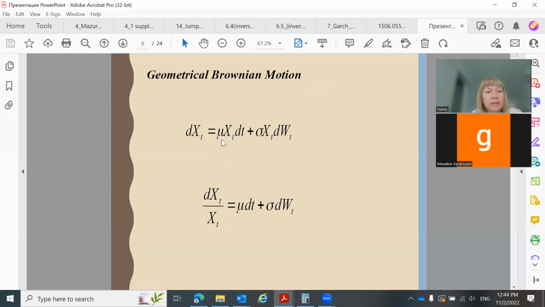And this example, geometric Brownian motion, can be written as dX divided by X, so we just divided both sides by X_t. You see, yes? So it's the same. It's up to you. If you want, you write in this form, if you want, you can write in this form. And after that,